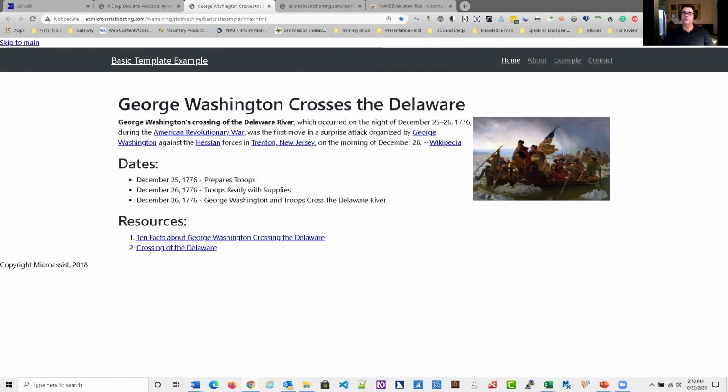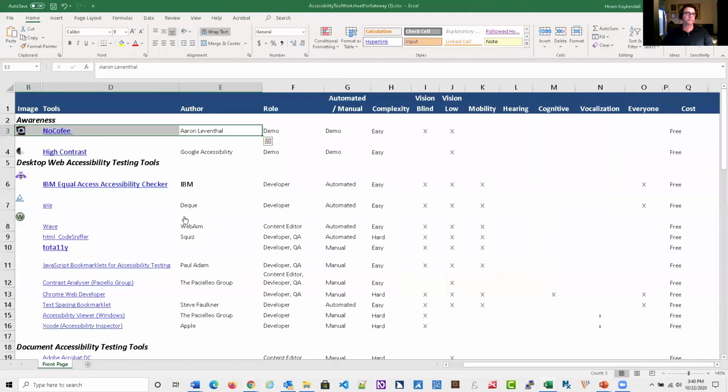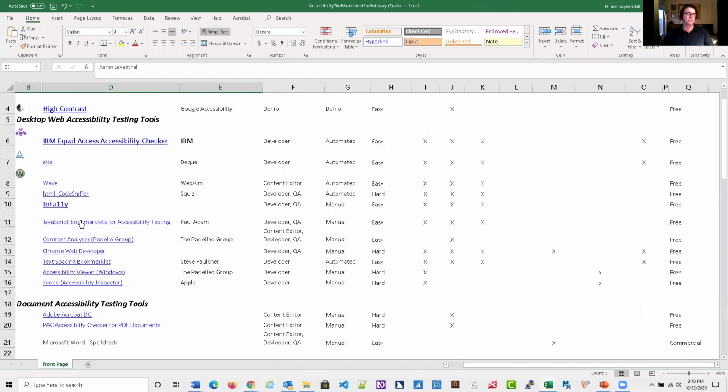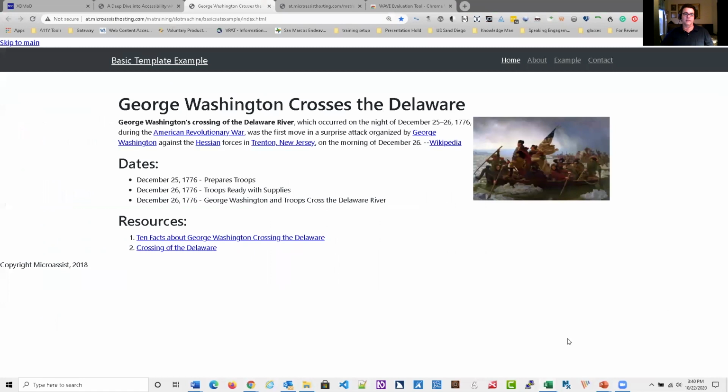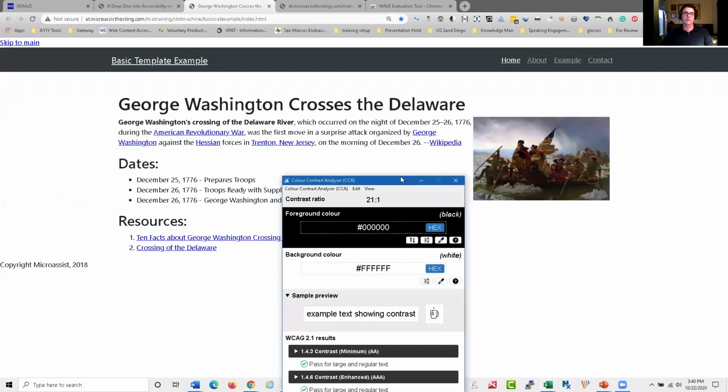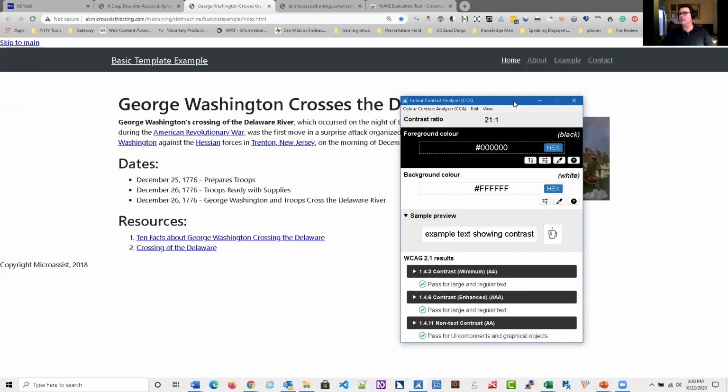And so that is where we get into manual testing tools. There are some good ones on here, like the color contrast analyzer. Now this is an application that is run, and so if I can find it, I'll run it. As a manual testing tool, it's not going to automatically do anything. You're going to have to go in here and say what you're looking at. So I'd come in here and say, okay, is this color